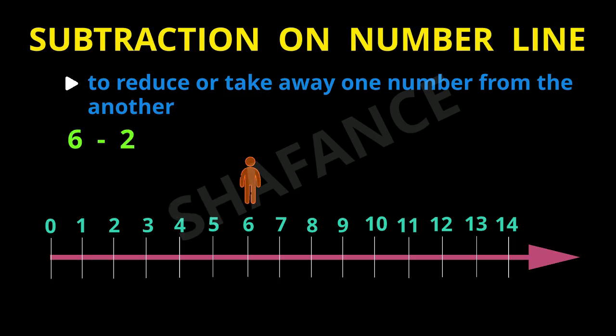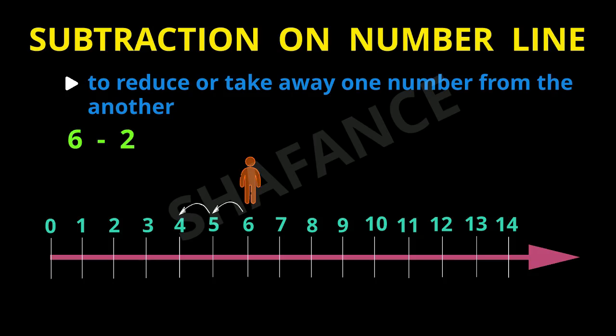Now there's a minus sign, that is, in the opposite direction we have to move. Or we can see the subtraction means to reduce or take away. So from the 6 places that we have moved, we have to take away from those 6 places. So while taking away from those 6 places, we will move in the opposite direction. So from these 6 places, we have to take away 2 places. So the person will move 2 places on the left hand side. So the person moves to 5 and then 4.